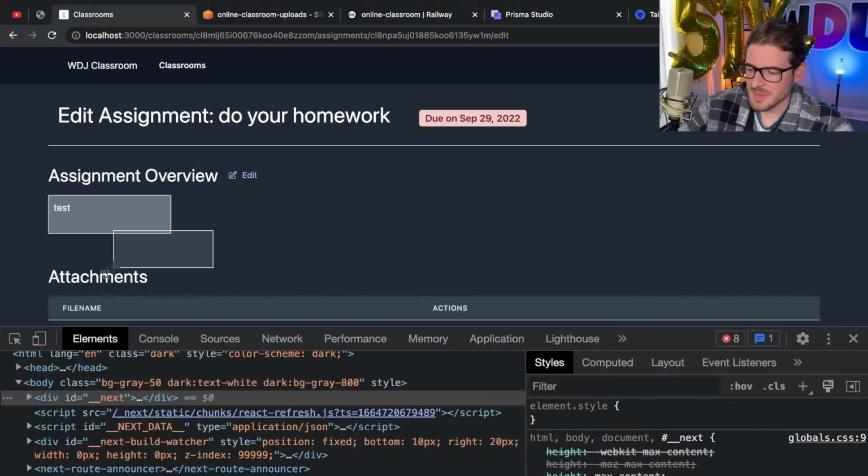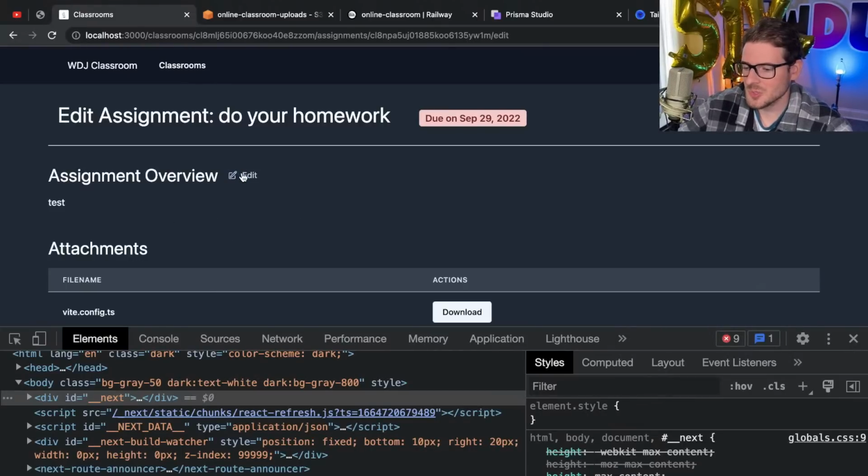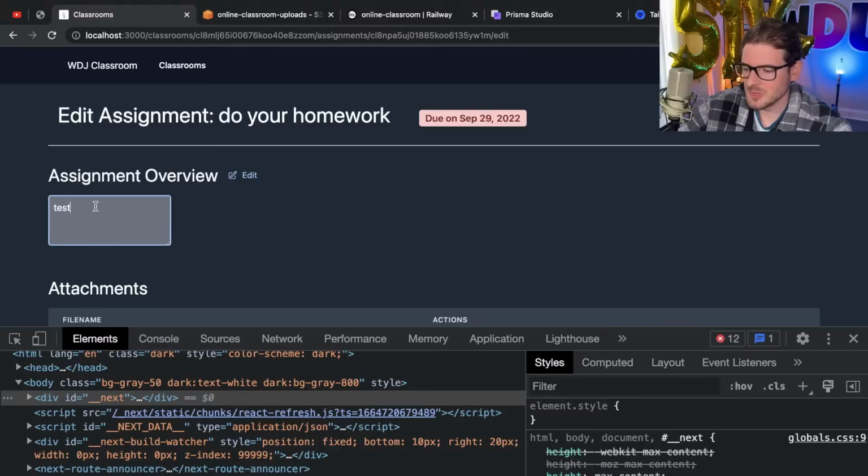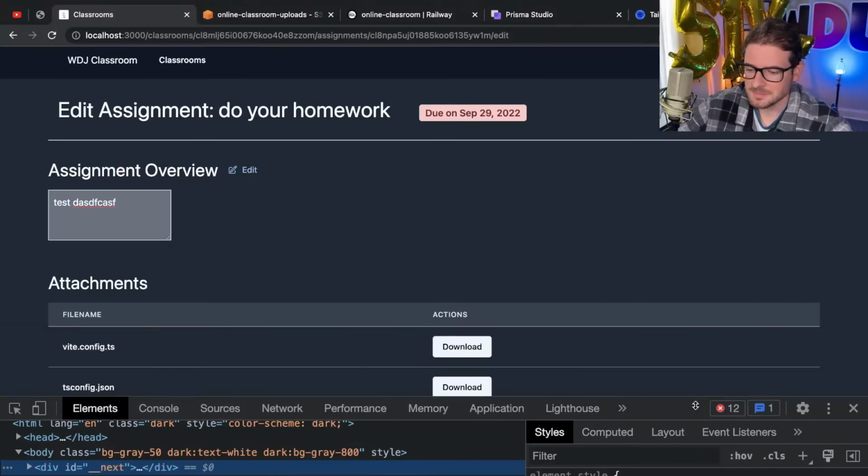So I want to add a save button here. The toggle's cool, but I'd rather have an explicit save. I could add a debounce and have it automatically save as they type. I don't really like that, because people could potentially be getting this into a ready state and you don't want to keep sending that to the back end. When your students load your assignment and see some bogus edit state, it's going to be a bad user experience for your students. So I'd rather be explicit and add a button there,